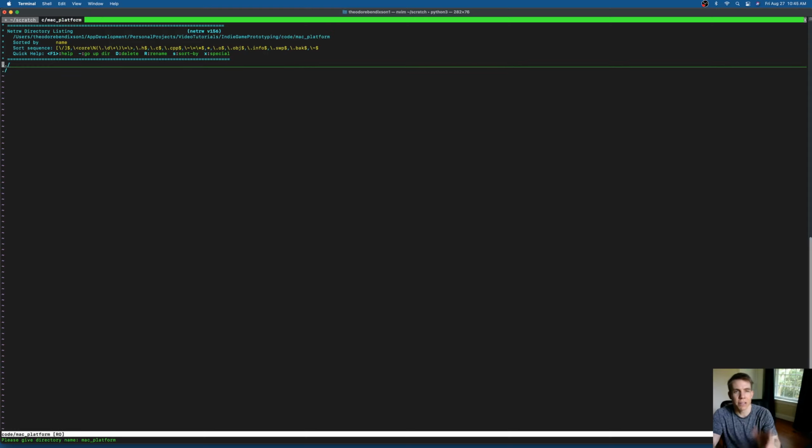And now inside this Mac platform directory, we are going to have all of the stuff, not only the code for the Mac platform, but also the code that builds the executable. So this includes the build system for the Mac platform. And so the very first file